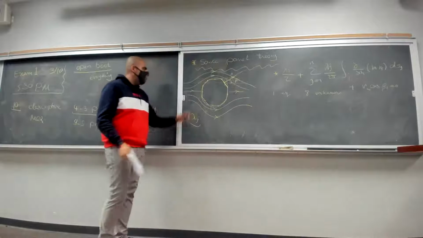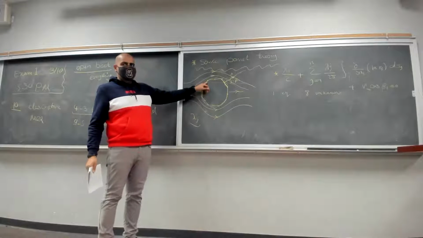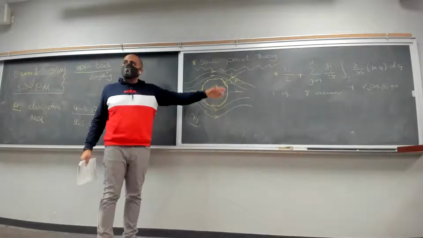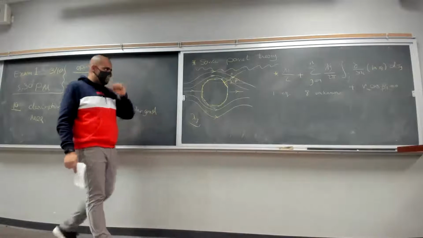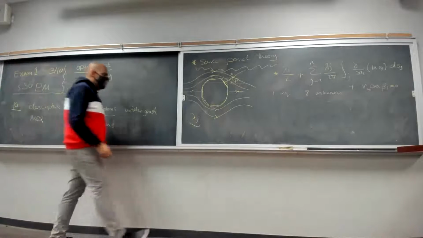And then let's say we start with this panel. If you write the same equation for this panel, you're going to get another equation with the same 8 unknowns, until you get 8 equations. I'm sorry, with 8 unknowns, right? And then you can find this